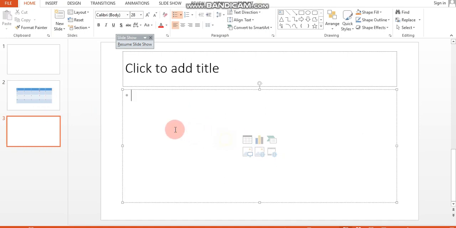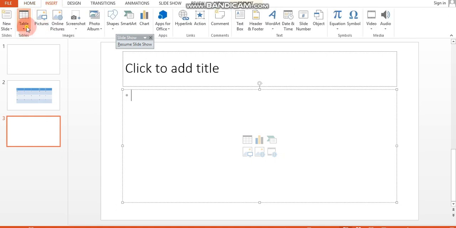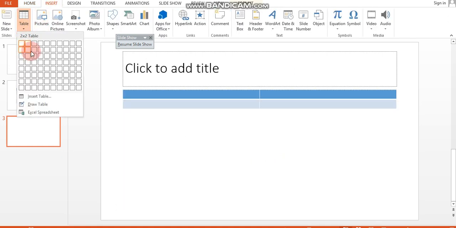Now the second method is to insert the table by going to the insert menu, table, and this grid. If you see, I am selecting. Now if I am selecting 3 rows, 3 are shown, and how many columns? 4.